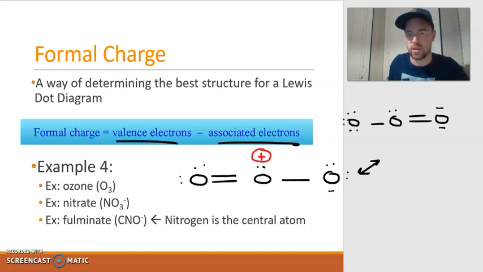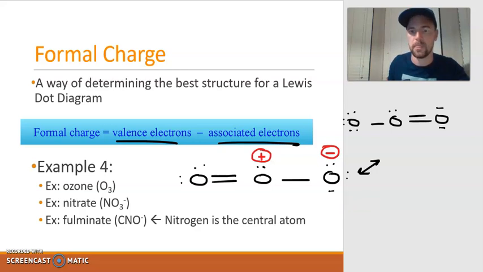What's the formal charge for this oxygen? There's 6 valence electrons minus, how many things are touching this oxygen? Well, there's 6 dots. I know those 2 dots kind of ran together, but there's 6 dots plus 1 line. There are 7 things touching that oxygen. So there's 7 associated electrons, meaning it has a -1 formal charge, and that's how I would draw it on